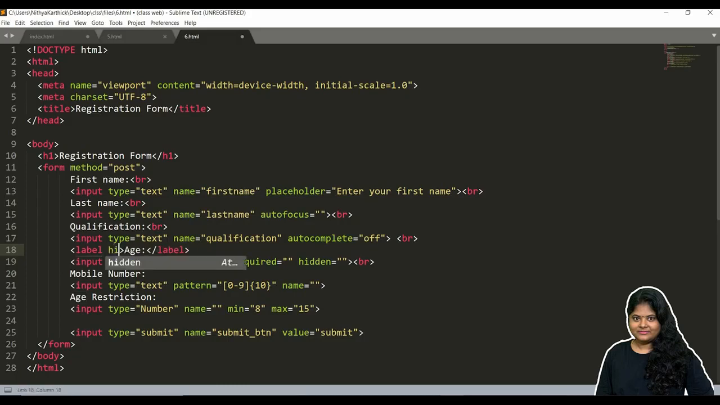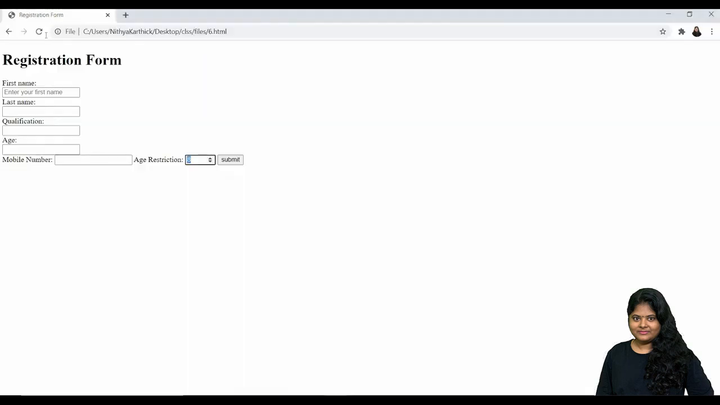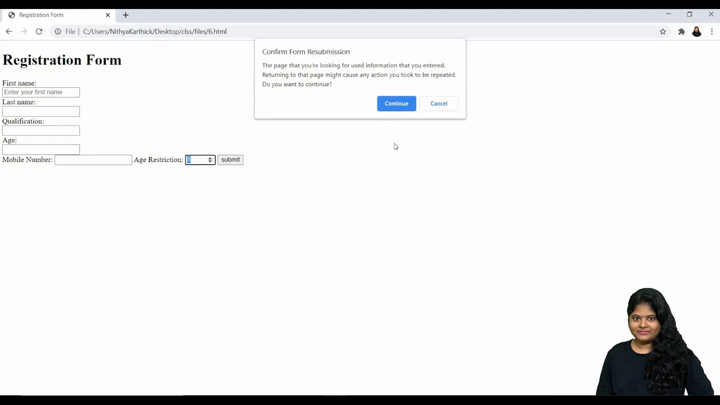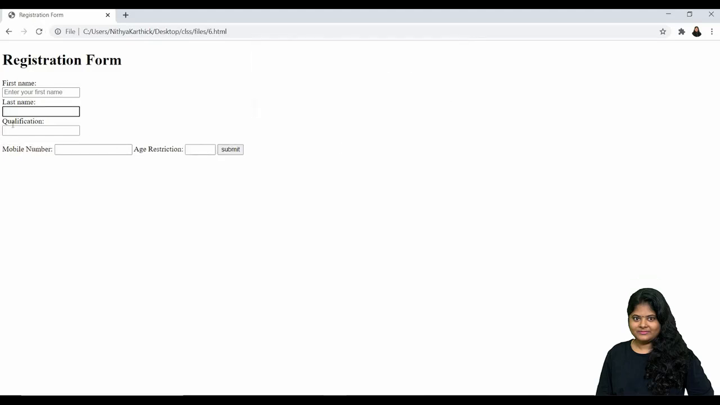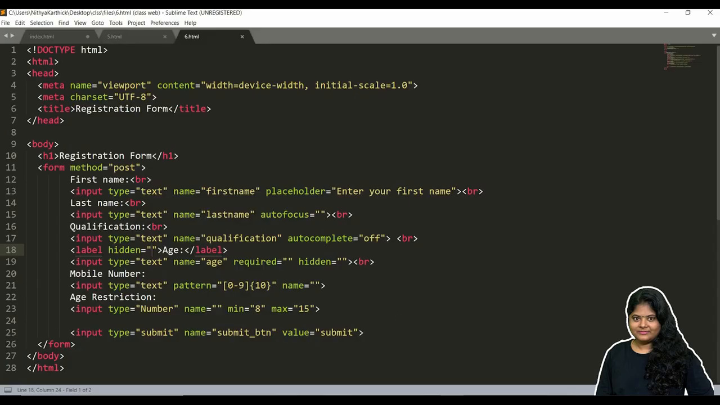Here, hidden. Okay, save. Now come here and refresh. So that age set has been hidden out, right? So we can hide a particular thing by using the hidden attribute, right? Next attribute is we can use input